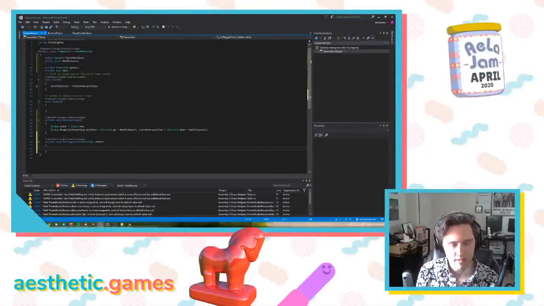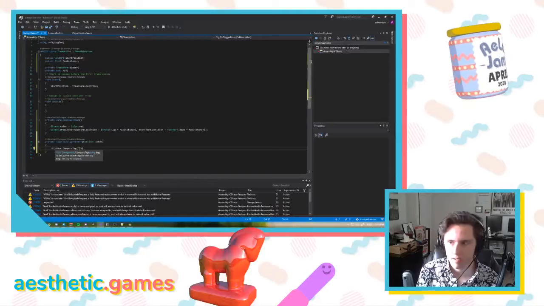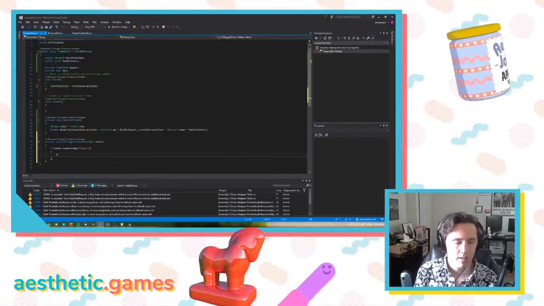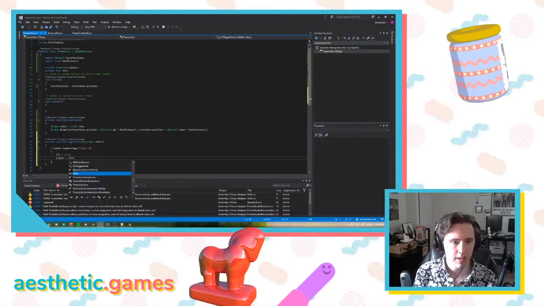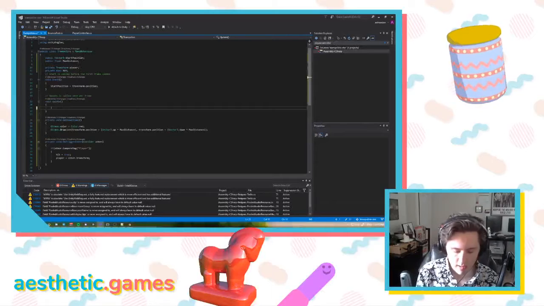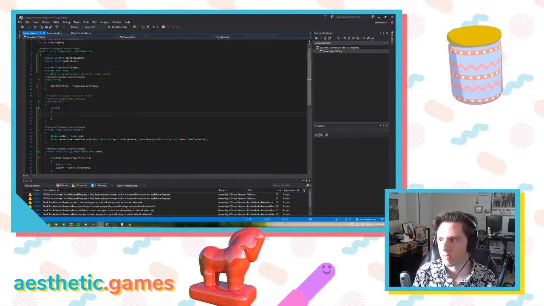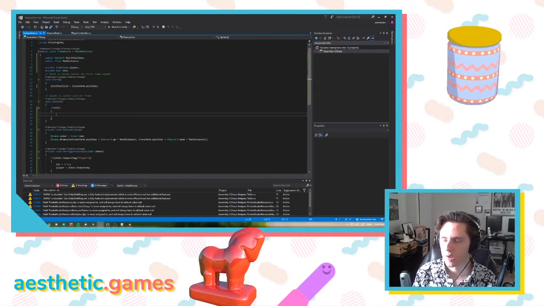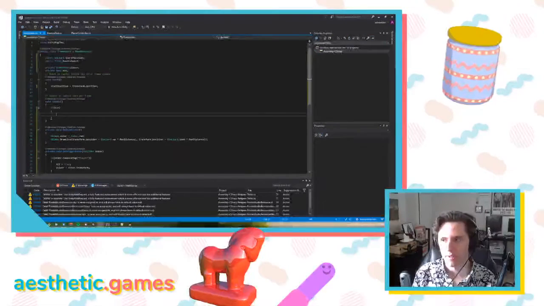On trigger enter, if other dot compare tag player, hit equals true, player equals other dot transform, if hit. And so we basically want it to move down